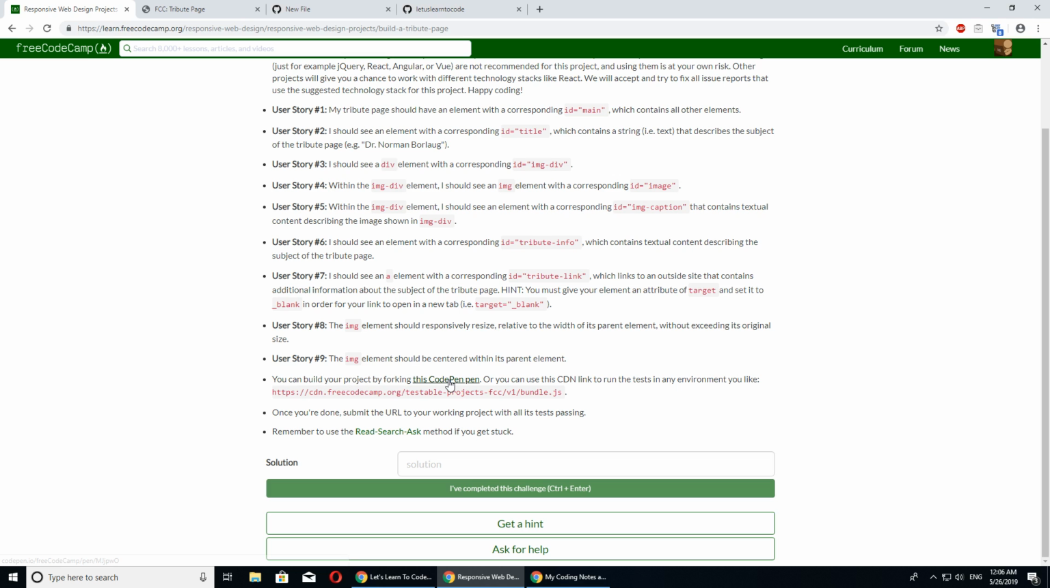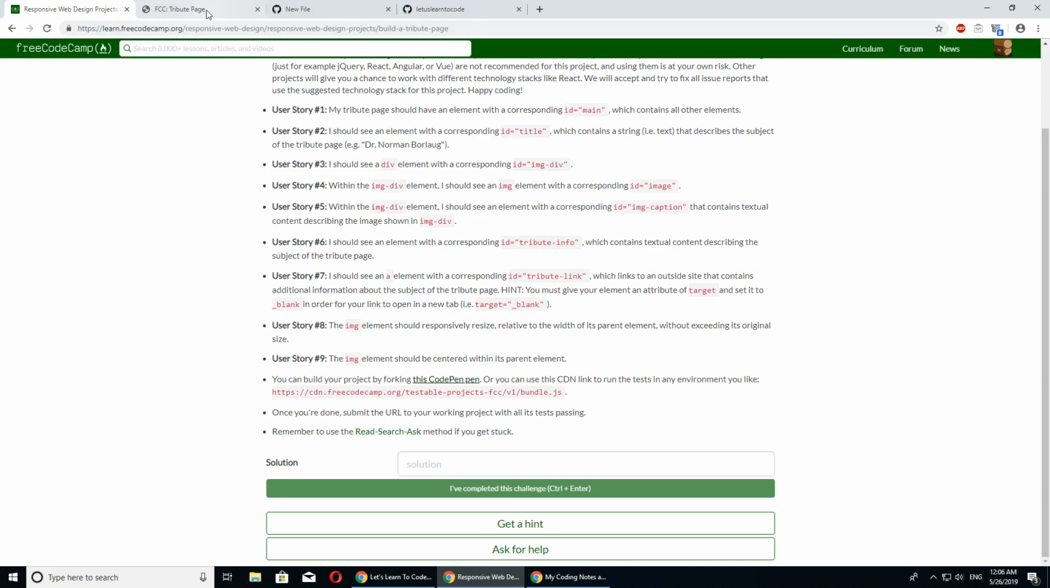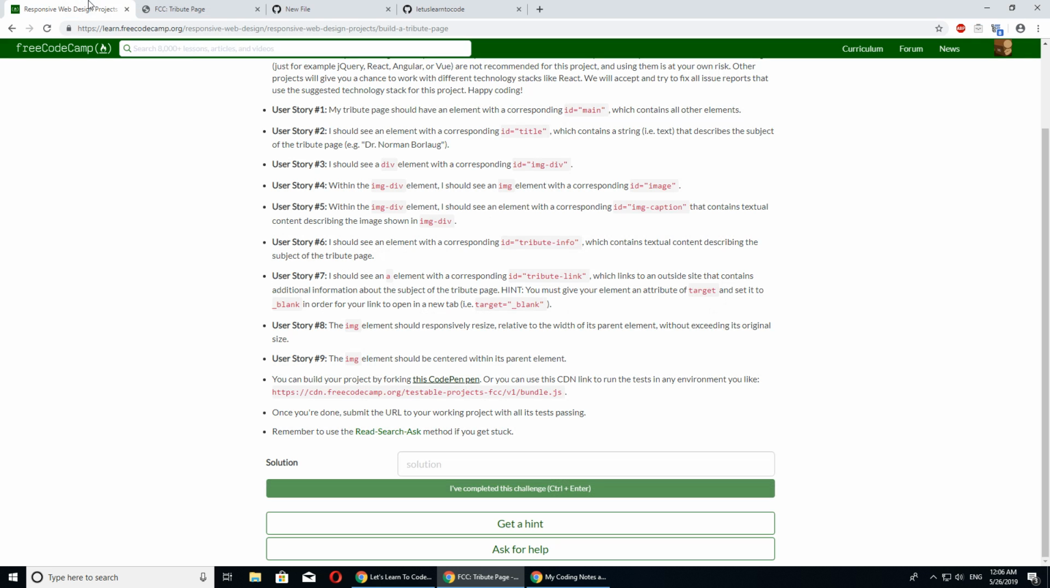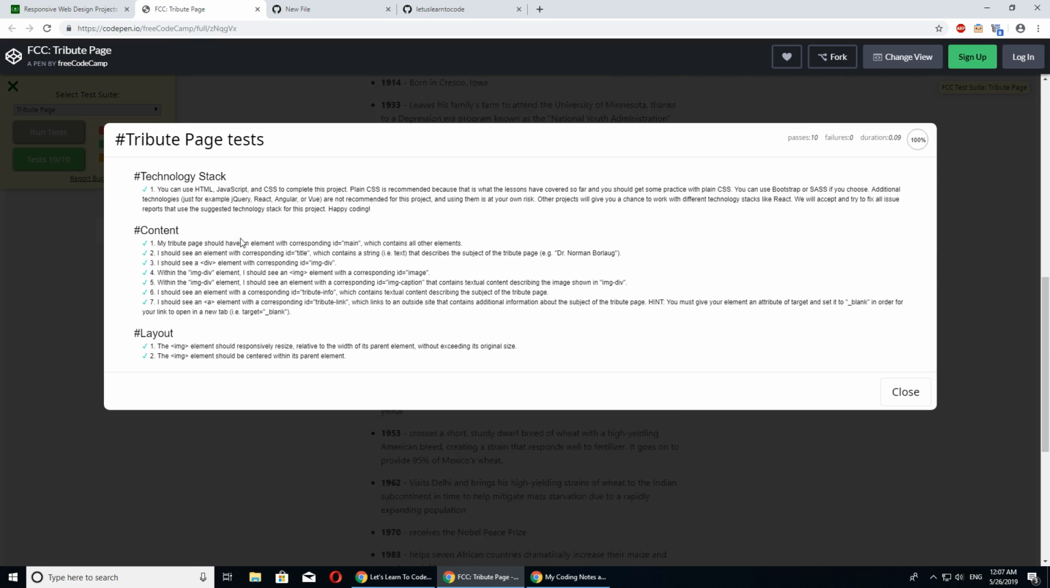Okay, so you can build your project by forking. So let's fork this. First, I wanted to see, so it should look like this, and it has this select test suite. So I guess this is this JS thing, bundle, yeah, version 1, report a bug. Let's check the link, testable projects, FCC issues, new. So let's just check. Oh, okay, so this gets all 10